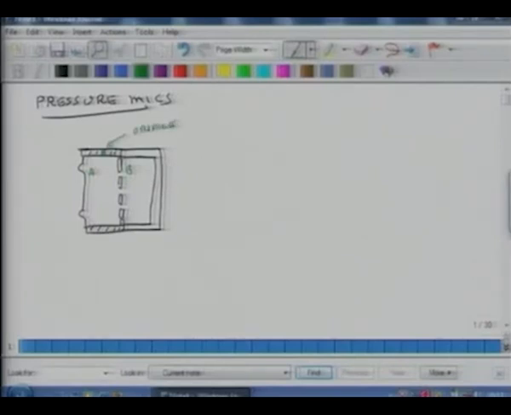This is here, and when my pressure wave hits, it gives me a pressure. It hits the diaphragm, so the diaphragm sees some pressure. The front membrane and the back membrane. What we are seeing is a particular type of pressure mic. It's called a condenser mic. The front membrane and the back membrane